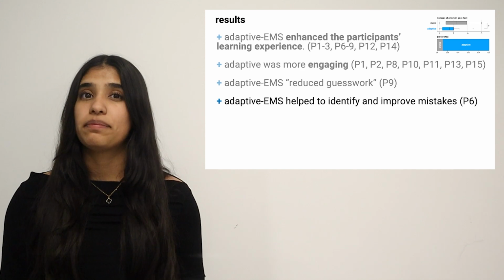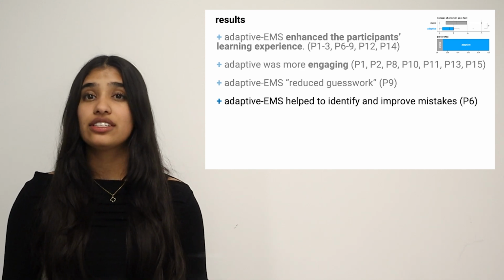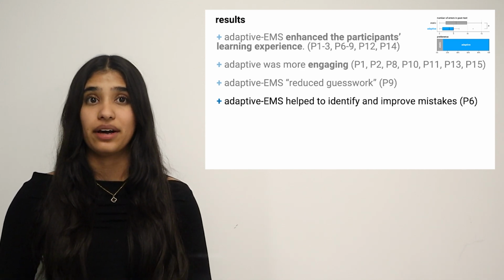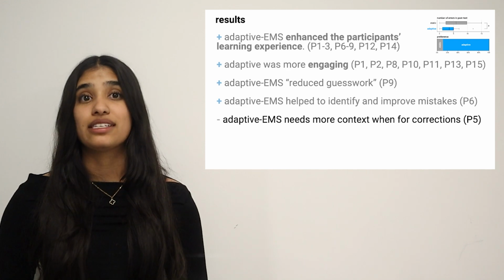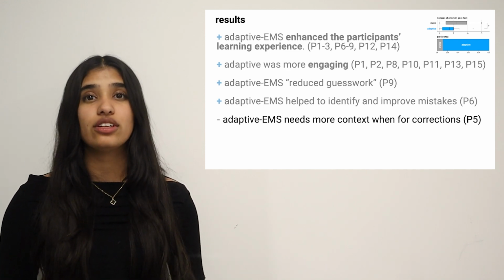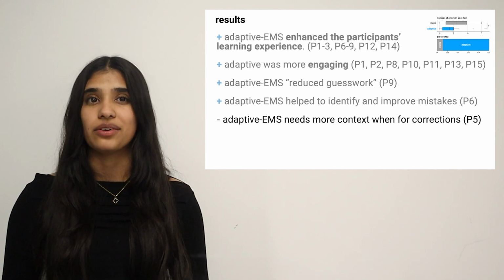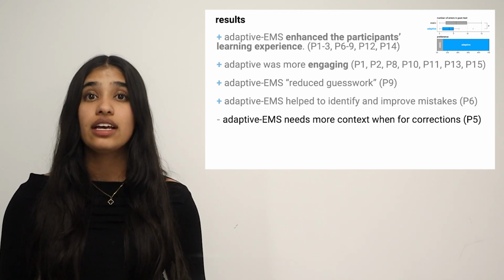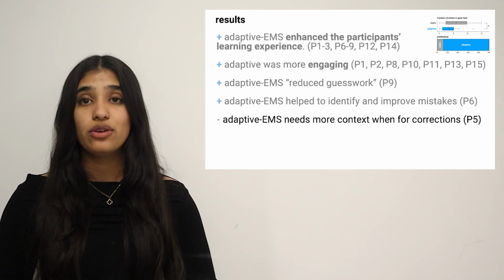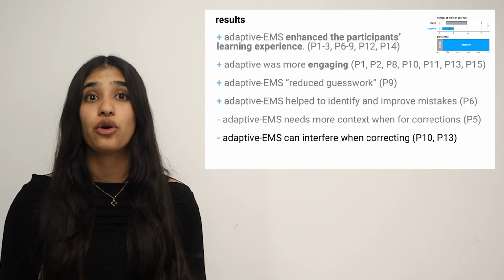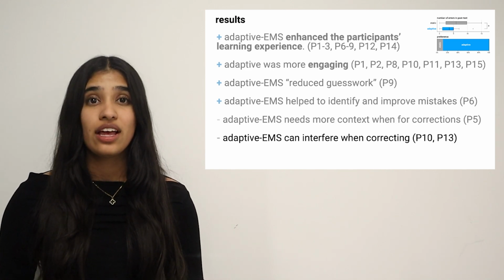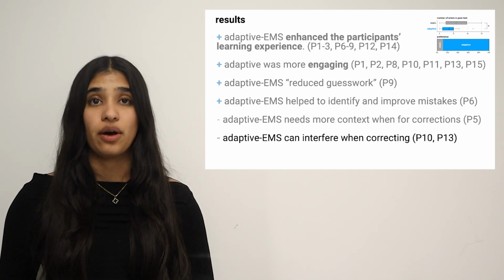However, it's not only benefits with adaptive EMS. There are still some kinks that we need to work out and think about. For example, this participant saw that adaptive EMS needs a little bit more context when it comes to providing corrections, because it's a little difficult to understand what note is being corrected compared to the previous notes. And also, that it can interfere with their own movements when the muscle stimulation randomly inserts itself into a combination of